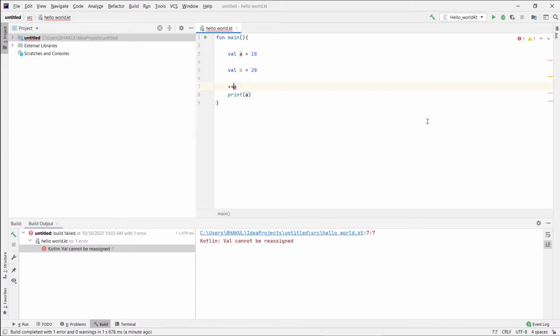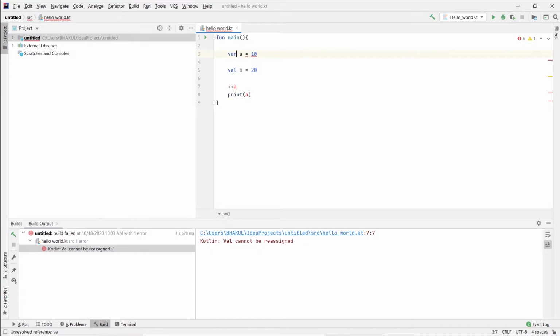So let's change the val variable to a var variable.